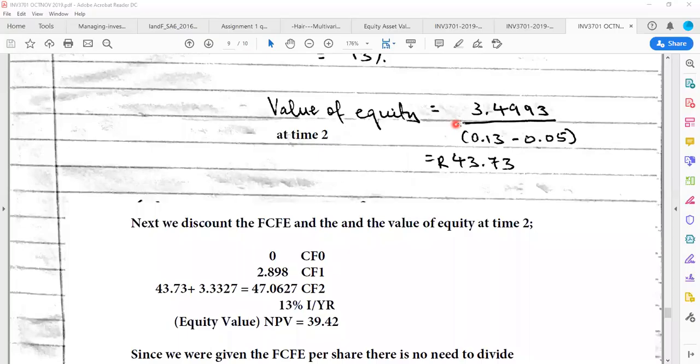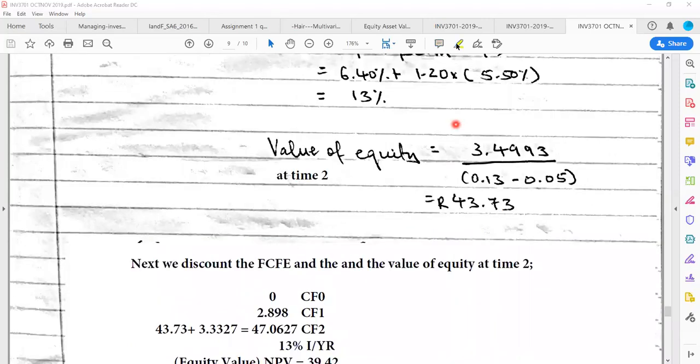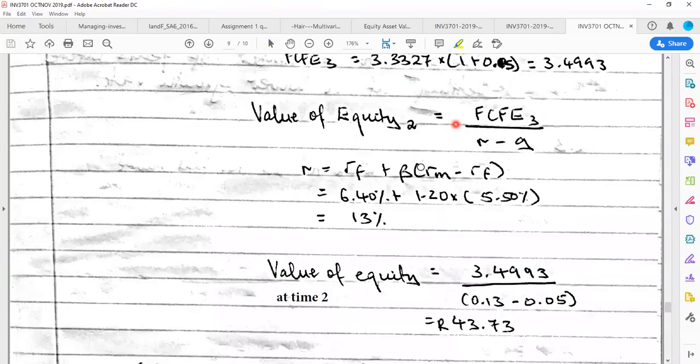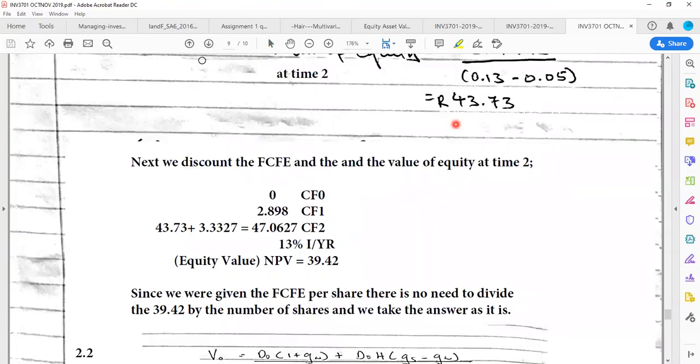Right, so now we need to discount those cash flows. Once we have the value of equity at time 2, which is 43.73, we now need to discount this value along with the other free cash flow to equities that we obtained before. So we take our financial calculator